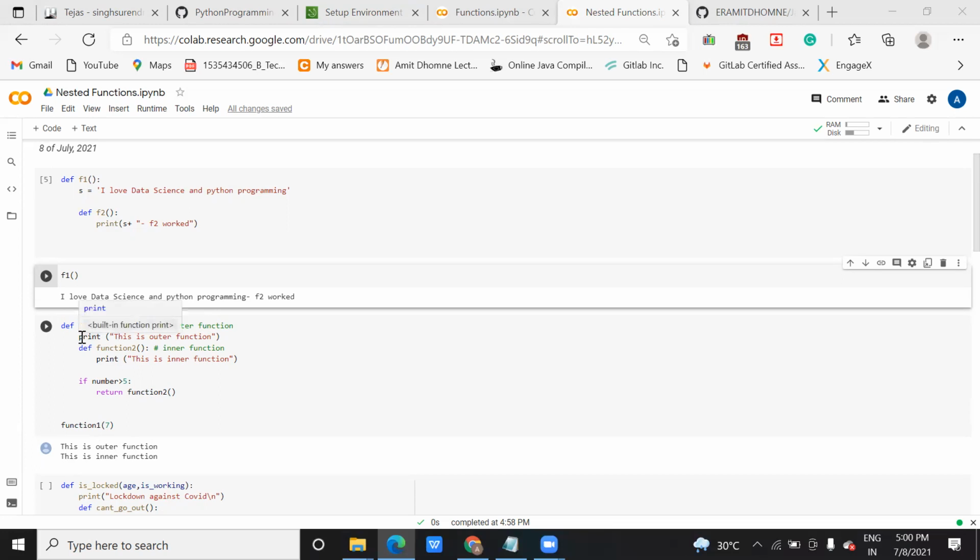As you have not put any condition, it will directly print this outer function. Then in here, this is an inner function, and this condition will check, and it will return it. So in this way, nested functions work, meaning the flow is like outer function, then you come inside. Take care of the indentation. You might have worked on this nested function, right?